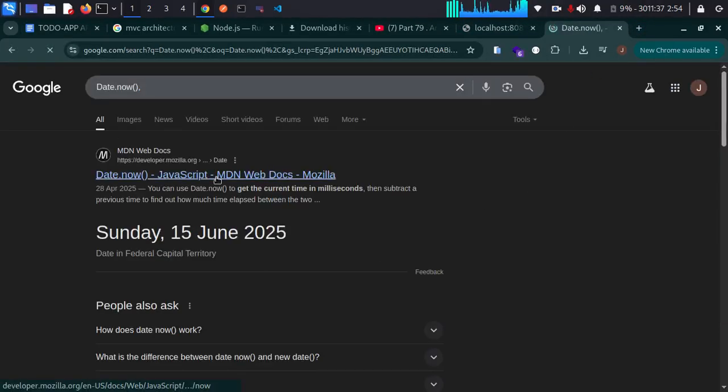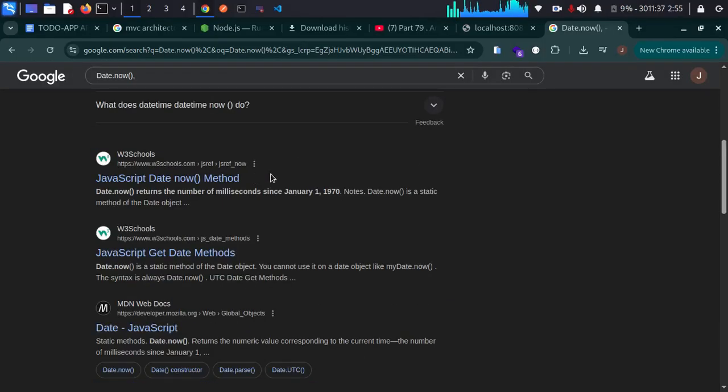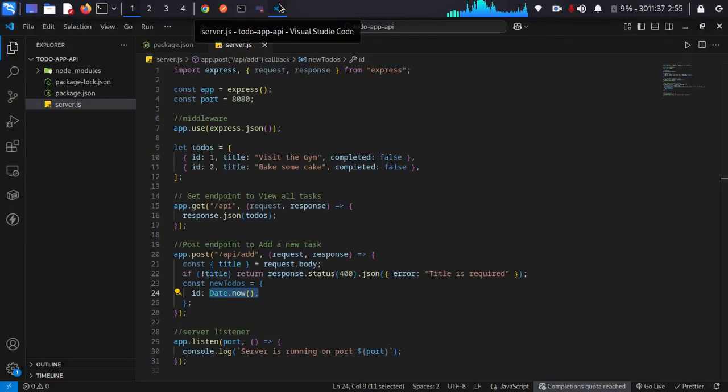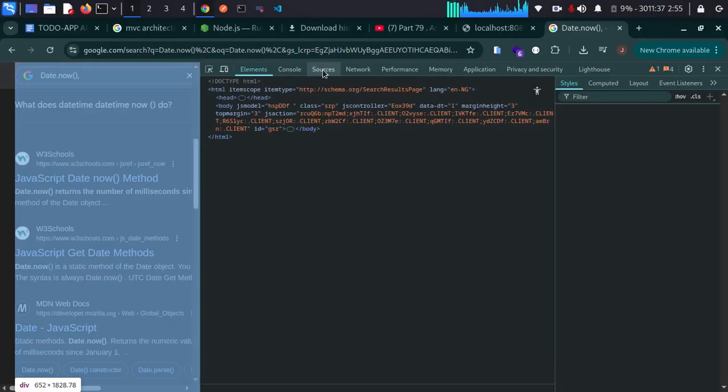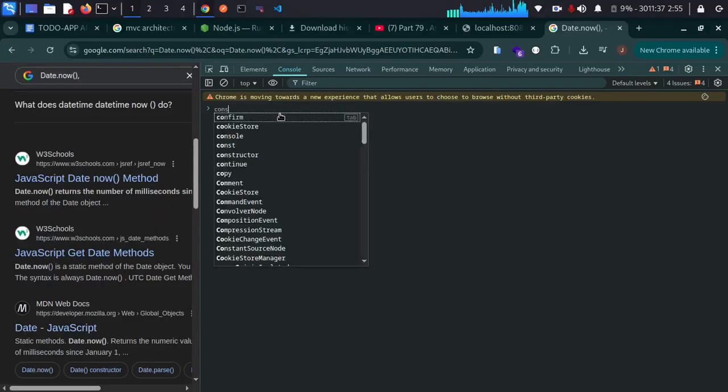So let me just show you this. So this is it here. So the JavaScript Date.now calculates the date in milliseconds since 1970. All the time since 1st January 1970, it will calculate it and return it as an integer, right? It will return it as an integer. For example, let me copy this and show you. So let me go to the browser, and let me go to the terminal. So I will just go to the console. So let me say